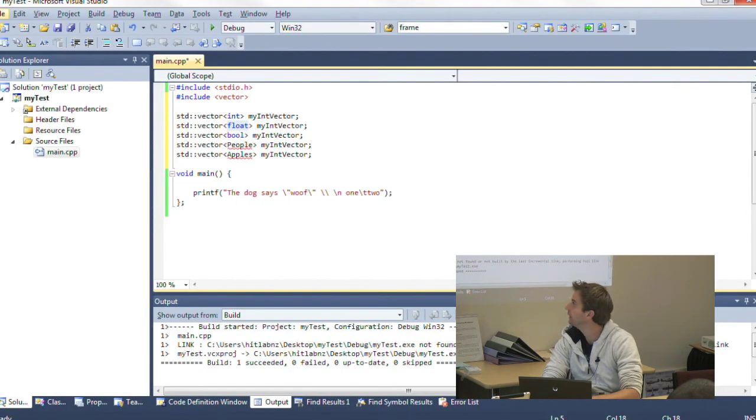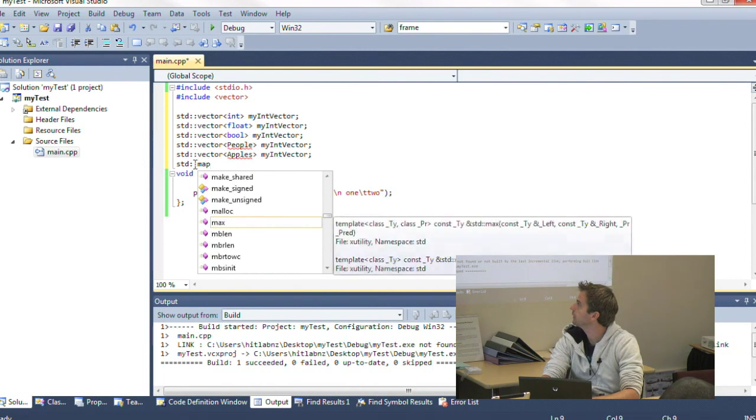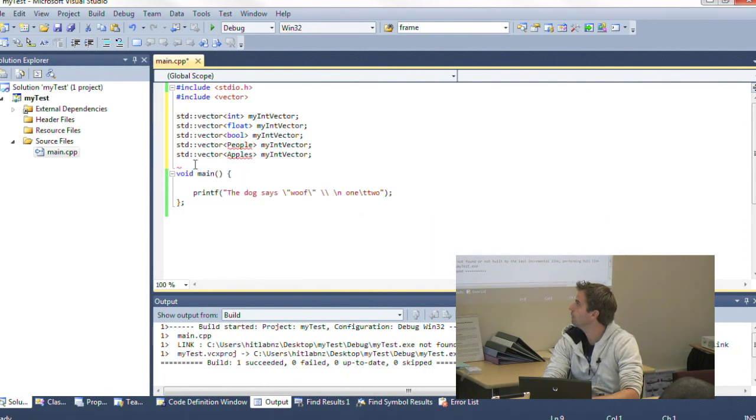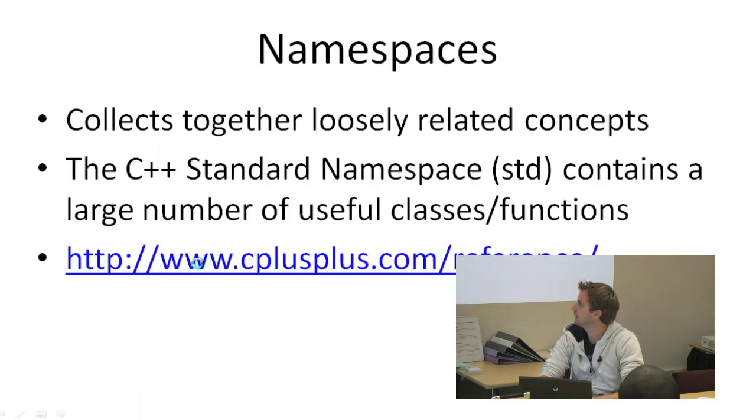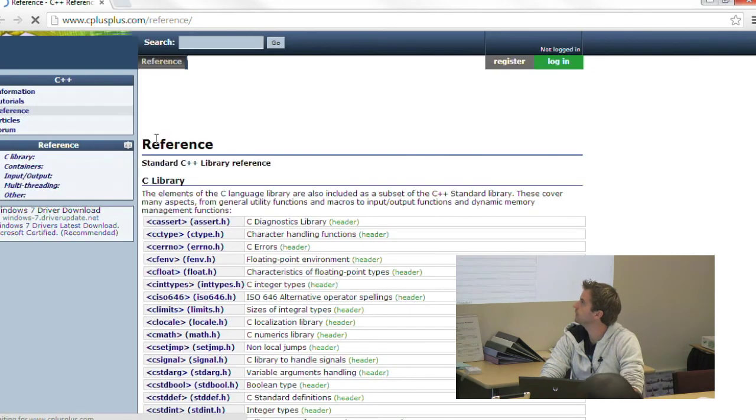So if we go back to here, you'll see std vector, there's a whole bunch of other ones. There's std map, which I haven't included, so it's not going to show up. But there's a whole bunch of these various things. And basically, there are just a whole bunch of helpful functions which are worth knowing about, because the sort of stuff Processing provides, like array lists and all that sort of stuff, are essentially covered by C++ in the standard namespace. And if we have a look at this website, which is a pretty good thing,